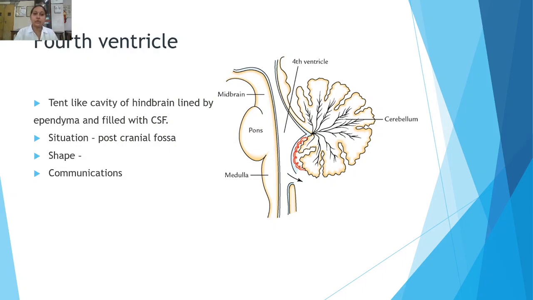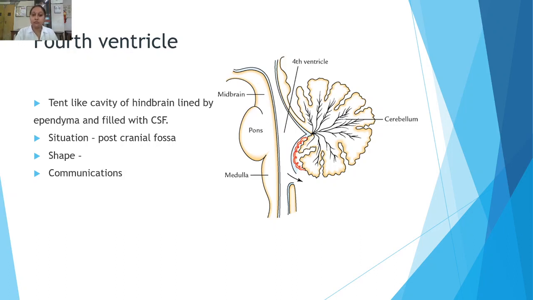Why is it essential to study the fourth ventricle? We know the pons, medulla, and cerebellum have various vital centers for our day-to-day activities. All the vital centers, the respiratory center, cardiac center, vomiting center, and various cranial nerve nuclei, are all situated in the pons and medulla. The fourth ventricle is situated in the midst of all these centers. So studying the anatomy and structure of the fourth ventricle is very important, not only academically, but also clinically.